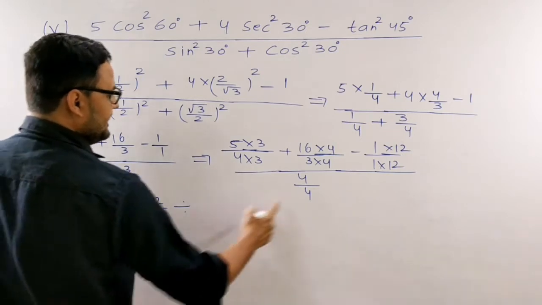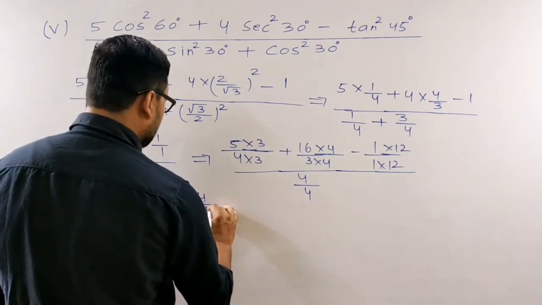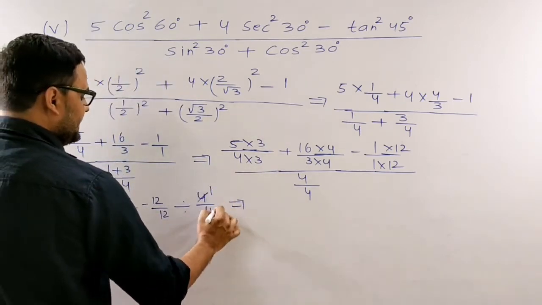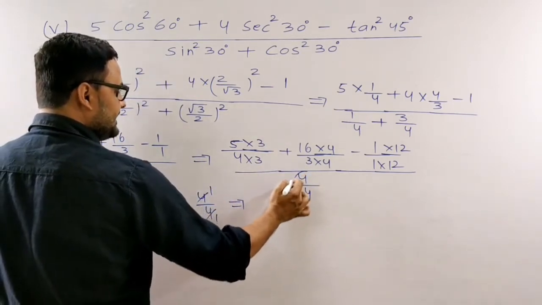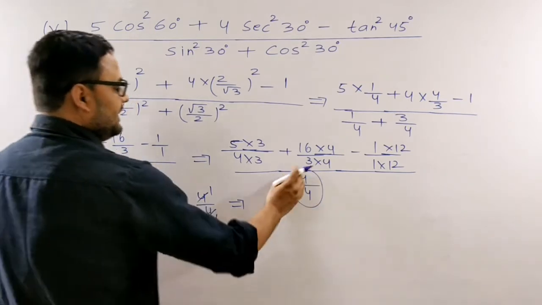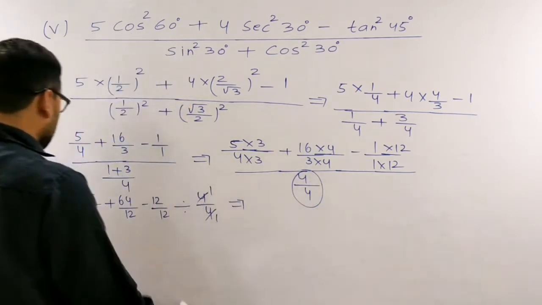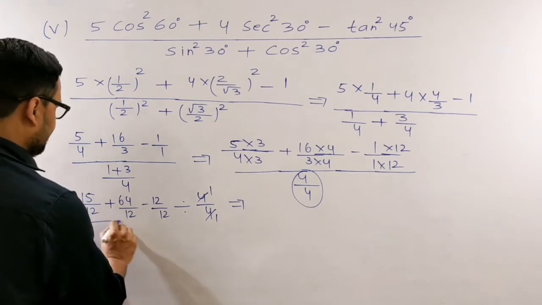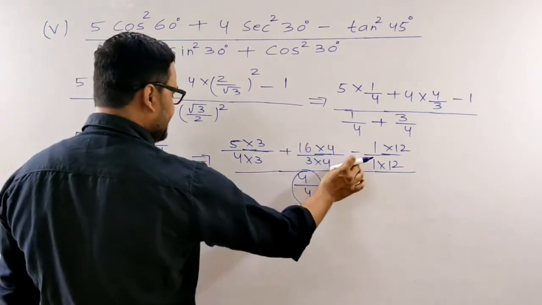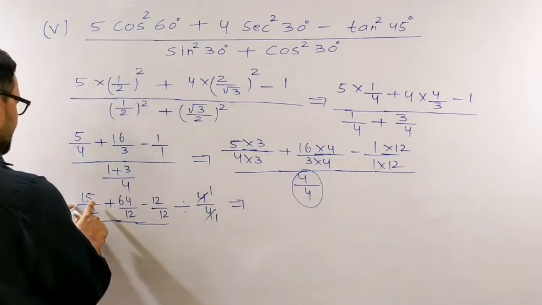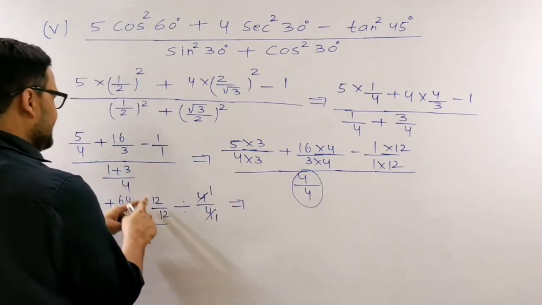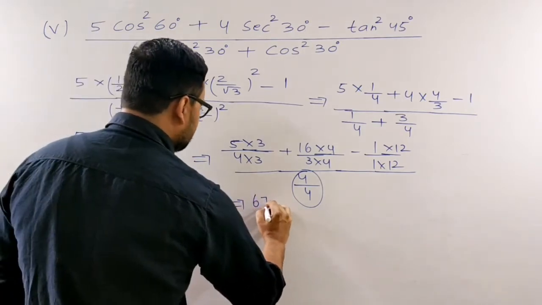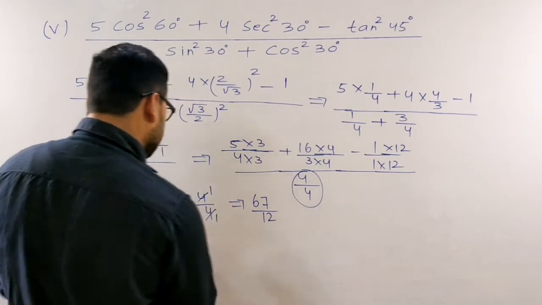And we can write this divided by 4 by 4. Now 4 by 4 means what? Simply 1. You can leave this here only. If you want to continue, that is not going to change the answer. Now simplify this one. Simplify this 3 together because they are numerator, this one denominator. Now 15 minus 12 is 3 and 64 plus 3, 67. Then 67 by 12. This is the answer.